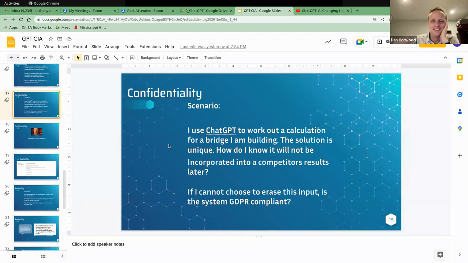I'm struggling on. Well, what do you think about this? Like you use it to build something proprietary or to work something out. What do you think about that? Yeah, I think it's really interesting because your data isn't, from what I'm aware of, that the actual words in your data isn't necessarily stored in the model. The model is like a mathematical approximation of what's happened.